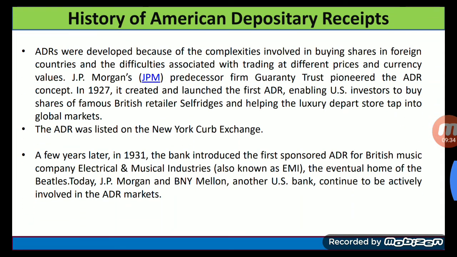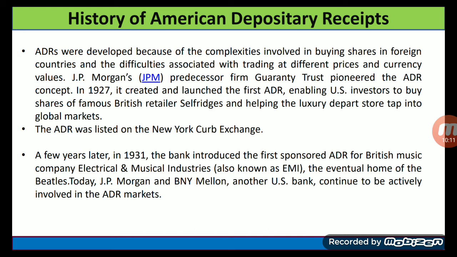ADRs were developed because of the complexities involved in buying shares in foreign countries and the difficulties associated with trading at different prices and currency values. JP Morgan's predecessor firm, Guaranty Trust, pioneered the ADR concept in 1927 and created and launched the first ADR, enabling US investors to buy shares of famous British retailer Selfridges, and